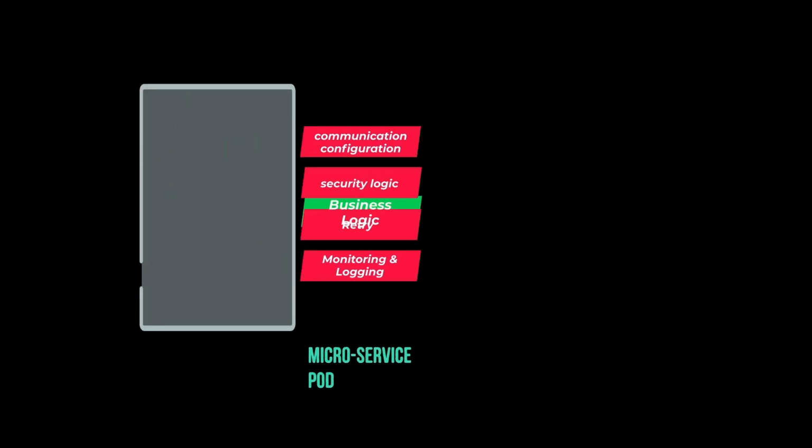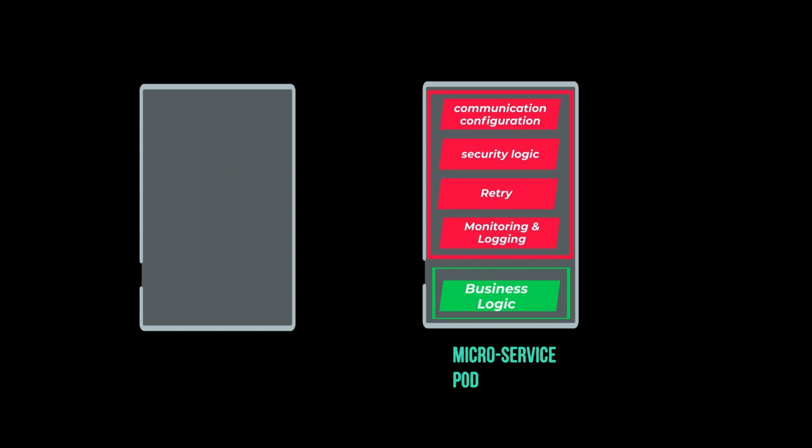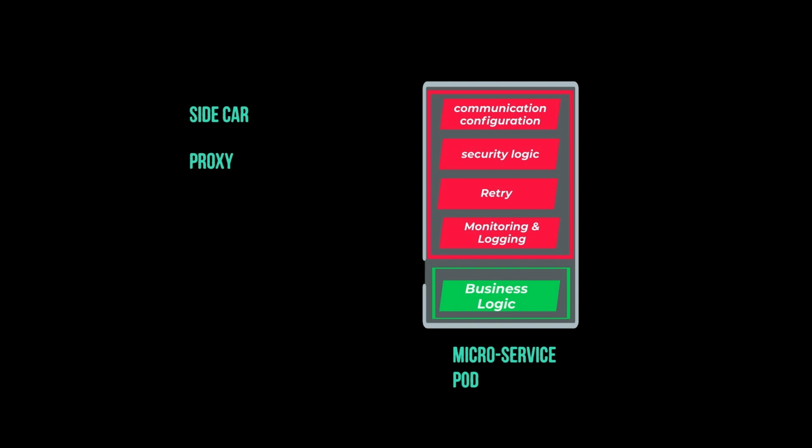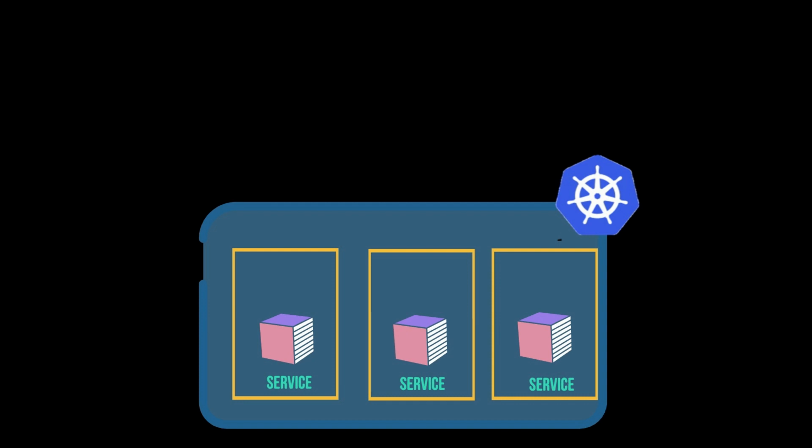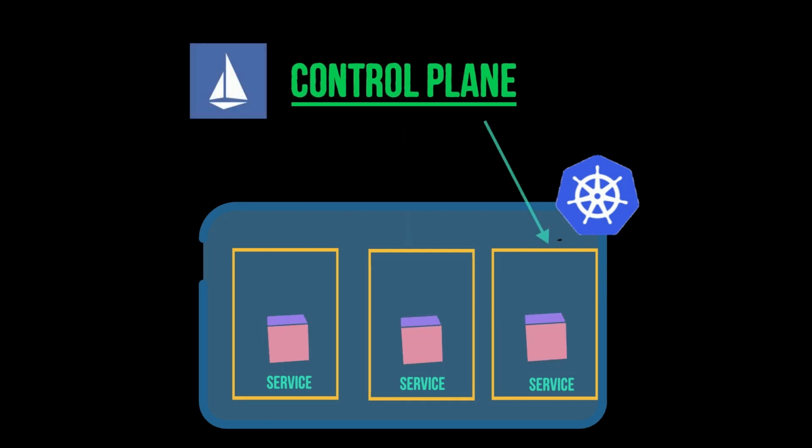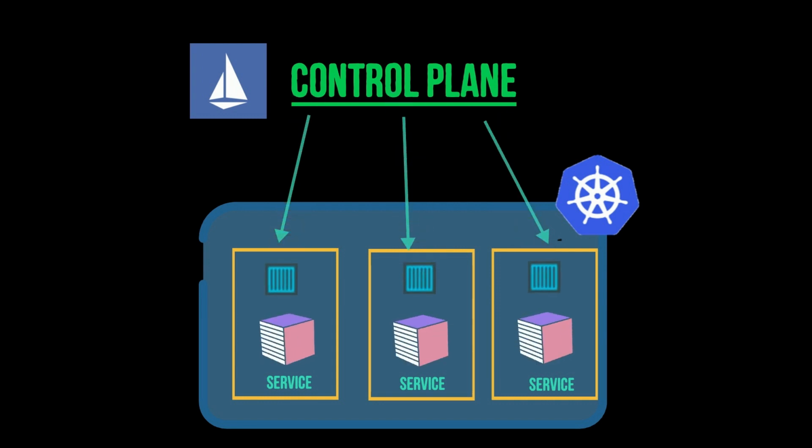It would be logical if all the non-business logic parts can be separated from the microservice and kept as a sidecar application which can also act as a proxy. These can be configured easily using an API, and now developers can focus on implementing the main business logic. Also, you are not required to add this logic to your service deployment.yaml file because Service Mesh has a control plane which will automatically inject this proxy in each and every microservice pod. So now all the microservices can talk to each other through these proxies.